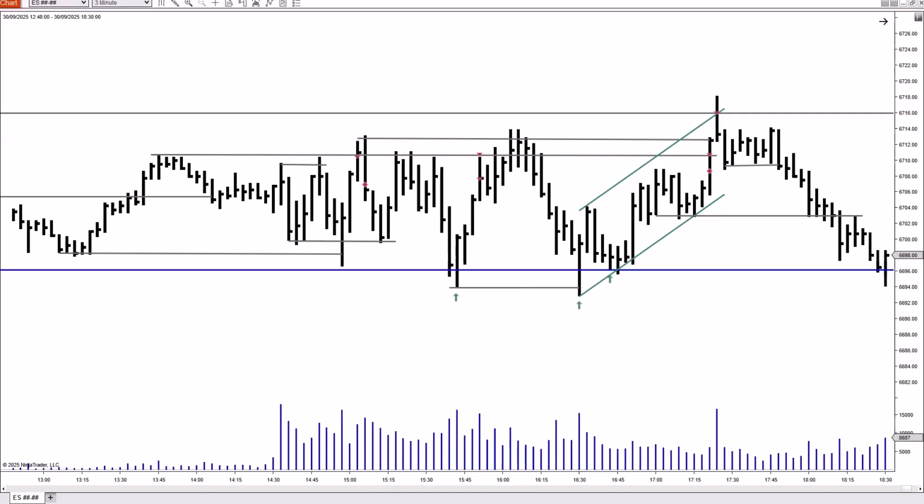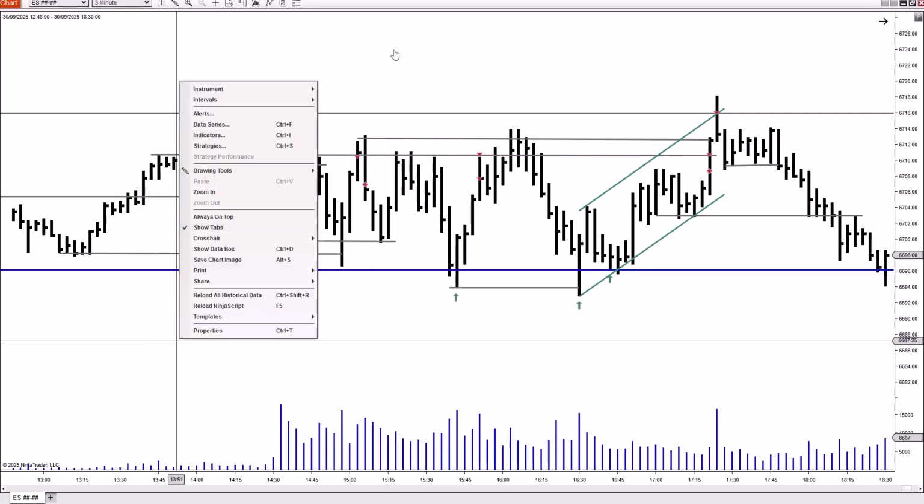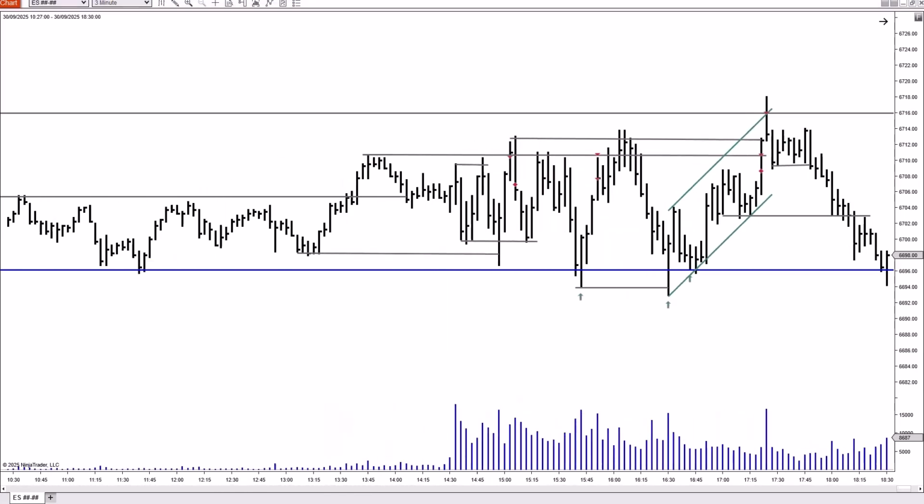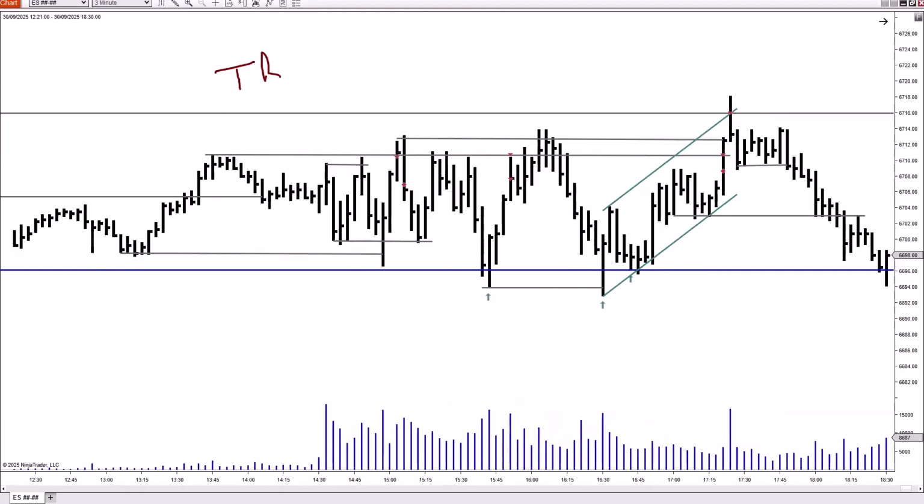What environment have we been in for the whole day? We've been in a trading range environment. One could make an argument, and this is quite an important argument, that this is buying over here at 1, this is buying over here at 2, this is buying over here at 3, and this is the buying over here at 4. That's the worst buying we've seen at this level, agreed?